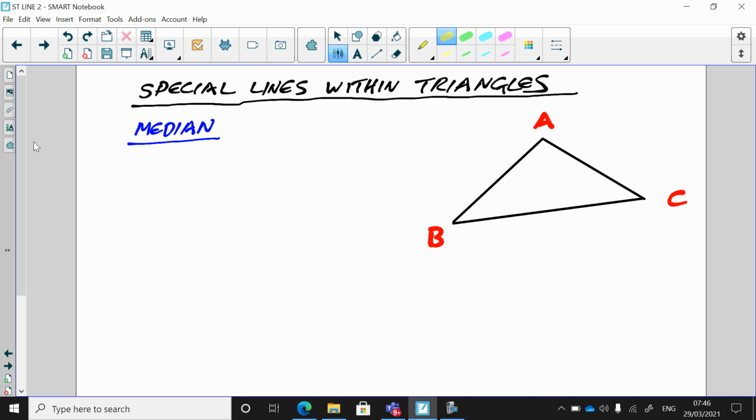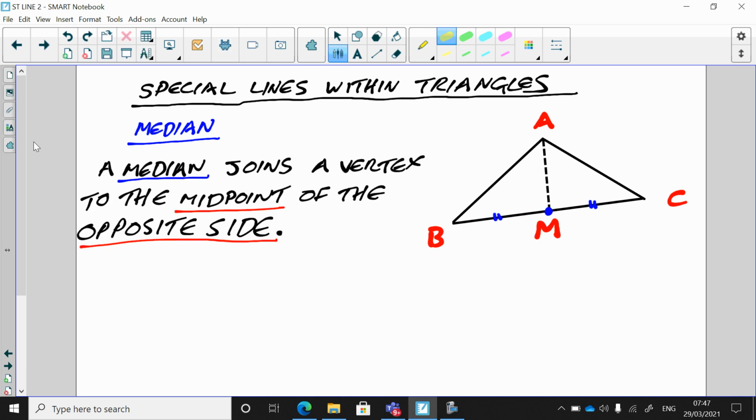Talking about special lines within triangles, there's many. We're only going to look at a few. I'm looking at one called the median. Median may suggest the middle, depends what topic we have here, but we've got this triangle ABC,